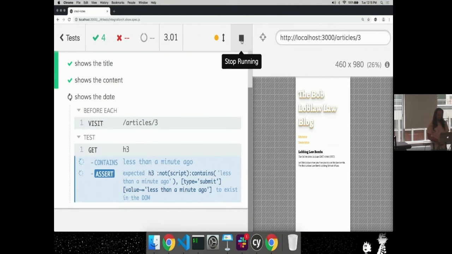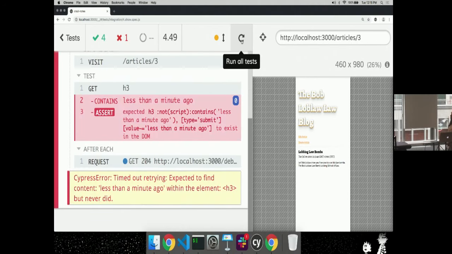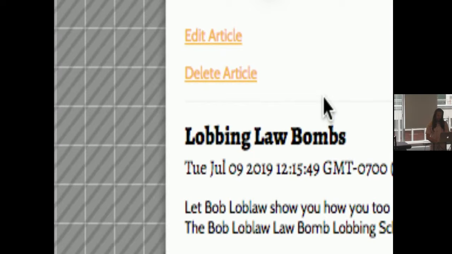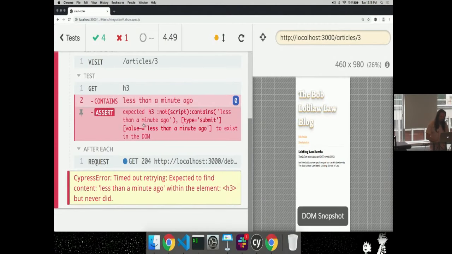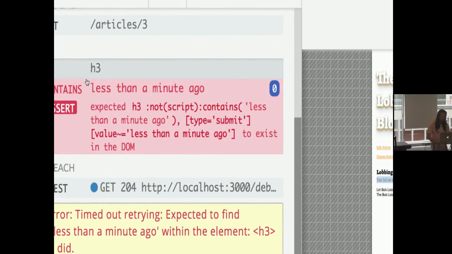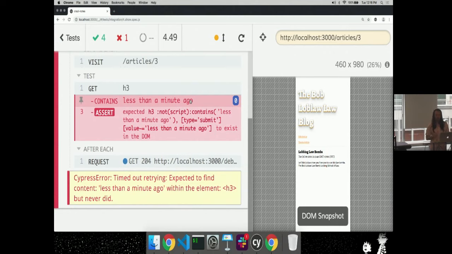Oh, so this is saying that the date test is failing, but it is showing the date, right? So let's look at what the failure is actually telling us. It's looking for something that says less than a minute ago. So it's actually not looking for the date. It's looking to see if it actually has the sort of time relative date that it's showing, and it doesn't have that. So I'm going to show you my second use for middleware.